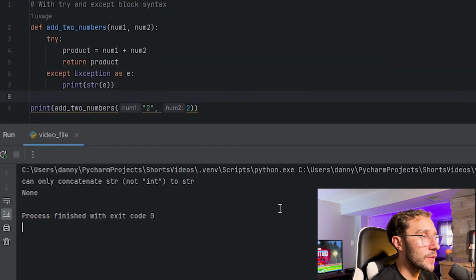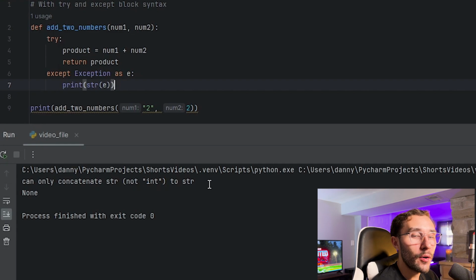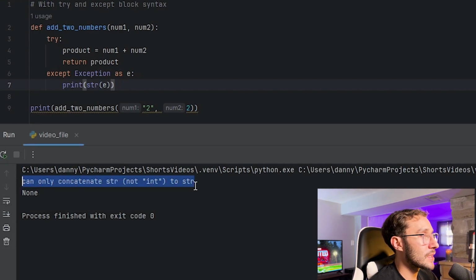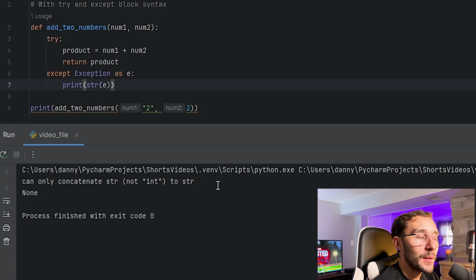Rather, we accounted for the fact that sometimes an error can occur and simply print out the contents of that error message. And in this case, the error message is that we can only concatenate strings to strings, not integers. And so hopefully you guys can see by catching this error here, this can really help us speed up the debugging process by allowing us to print out exactly what occurred, or rather what went wrong when we tried running